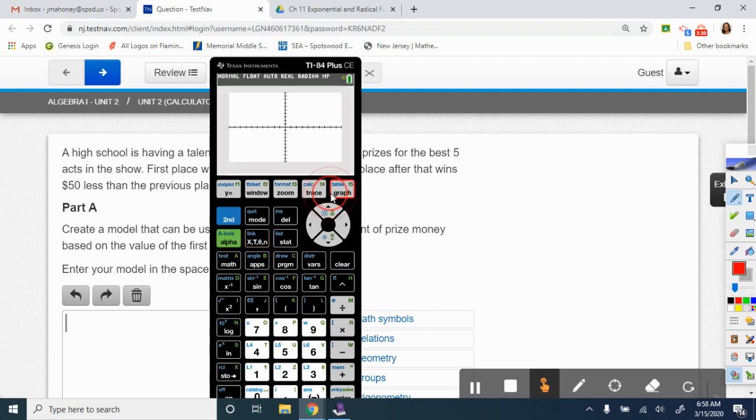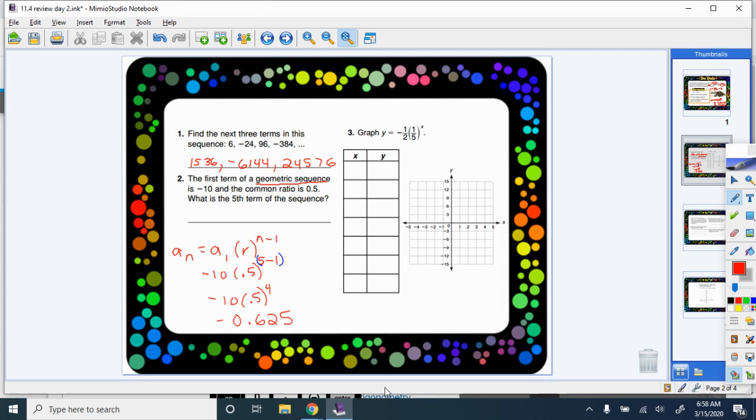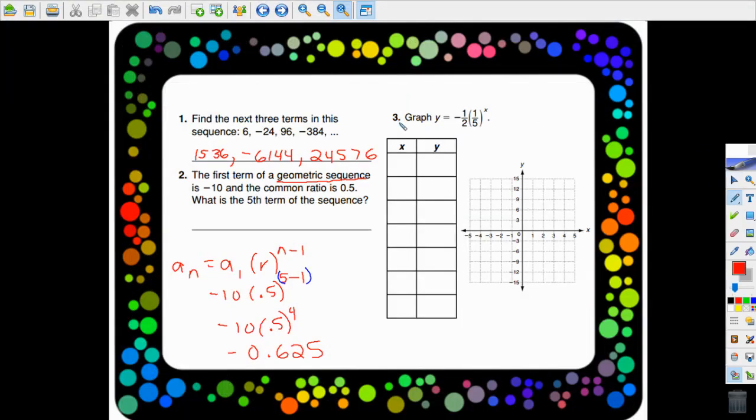Now you can look at a picture by pressing graph, or what's more important and more helpful here is pressing second graph to find the table of values. You can go up to find some negative numbers and some positive numbers, and I'm just going to take those values and put them into the table. Let's go with -3, -62.5, that won't fit on my graph, -2, -12.5, -1,